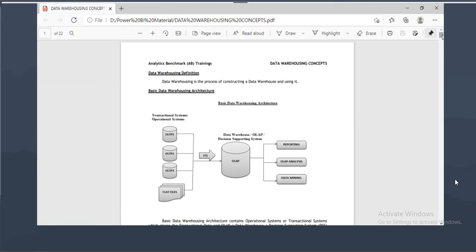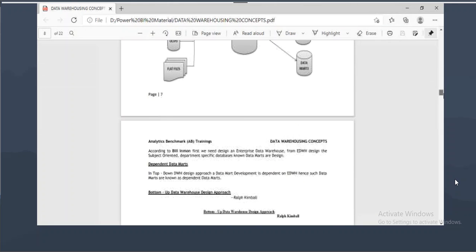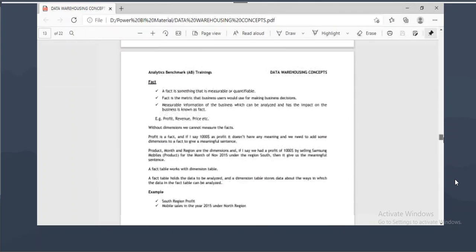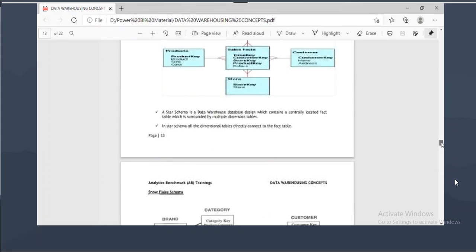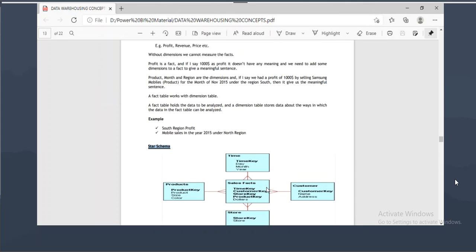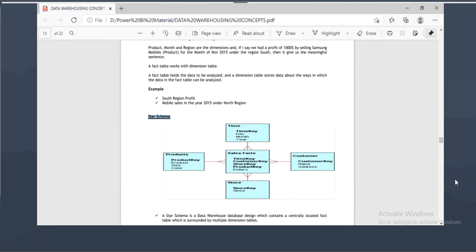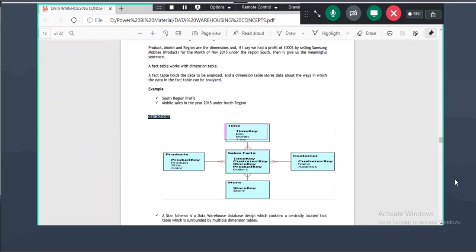Two fact columns and multiple dimension tables. Galaxy. Let me show you. So this is star schema, guys. In star schema, this is the fact table. Remaining all are dimension tables. Time table is a dimension table. Customers table is a dimension table. Products table is a dimension table. Store table is a dimension table. And sales is a fact table. Every dimension table is directly linking with the fact table. That is the reason we call it a star schema.